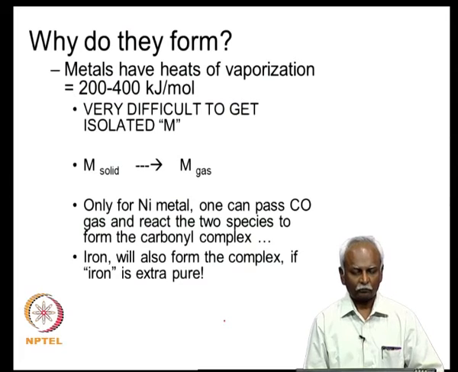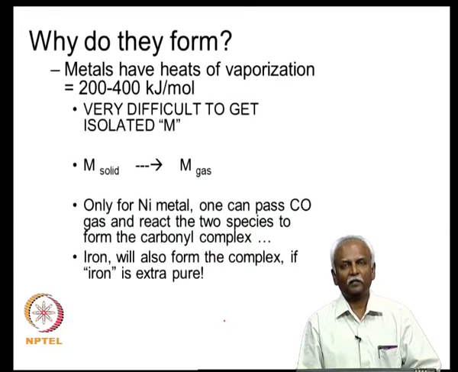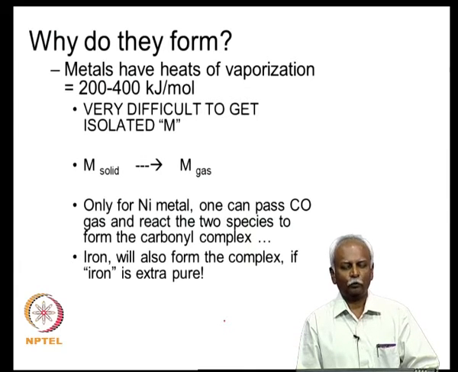Okay. Now, we have considered a lot of aspects of metal carbonyl chemistry. We have studied that they tend to form 18 electron complexes. They tend to form specific structures which are even negatively charged, and they are very different from Werner coordination compounds, and they can be studied by infrared spectra which indicate a significant decrease in the carbon monoxide stretching frequencies. And lastly, I also want to ask this question, why do they form at all?